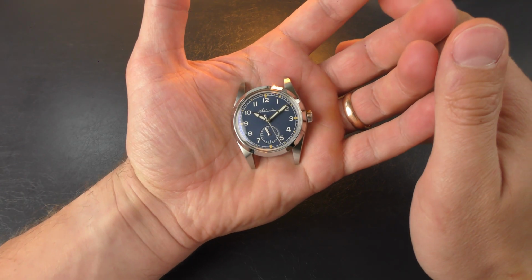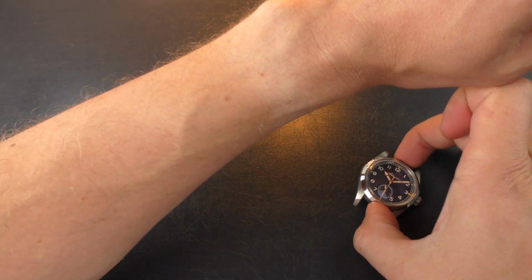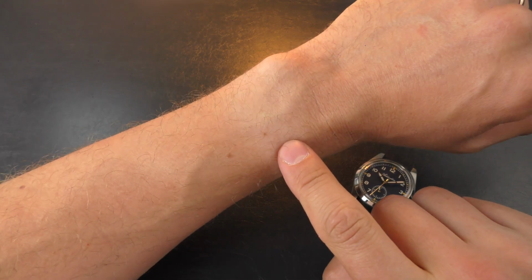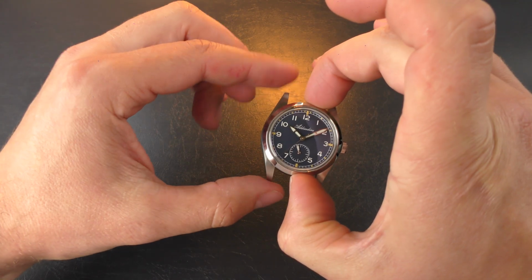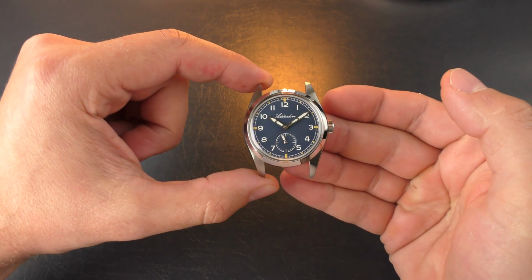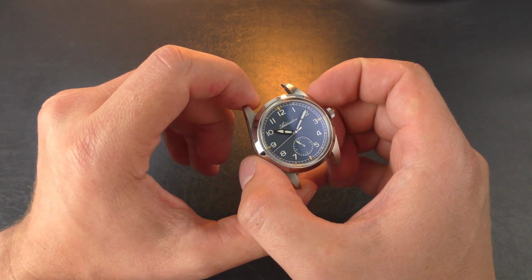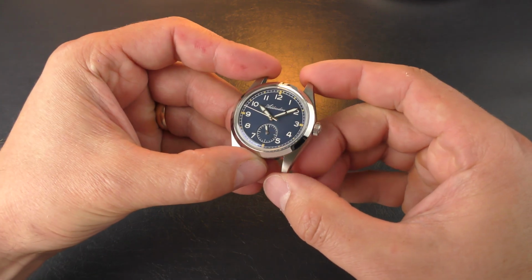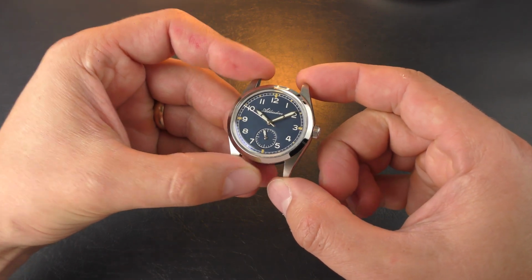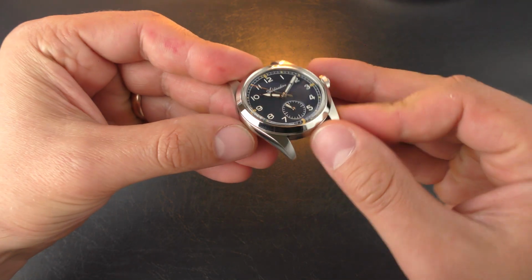The specifications and measurements, and as always I did all the measurements myself. The size of my wrist is 16.5 centimeters or 6.5 inches. This watch naked like this weighs 39 grams, so lightweight watch. Diameter is 37.1 millimeter. Lug to lug distance is 45.9. Lug width is 19 millimeters. Thickness of this watch is